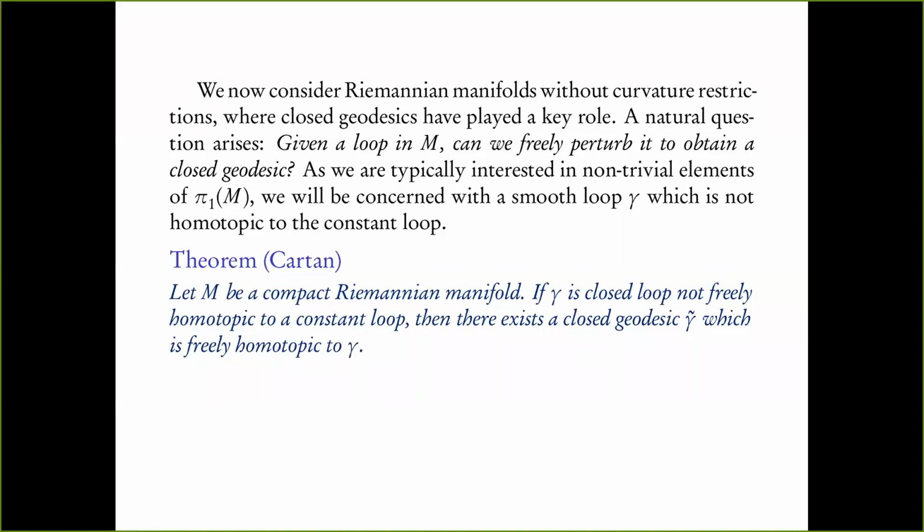Okay. So if you take a loop and you start rotating that loop, that's a homotopy of the loop to itself, but it's not a based homotopy because the base point changes if you start rotating the loop. Right? So that's what I mean by freely homotopic. So there are several reasons to ask why you need freely homotopic. Well, one would be that given a point, if given the base point, there may not be any closed geodesic passing through that base point because the manifold is just a generic manifold. Okay? So freely homotopic is really the right notion that you're looking for two loops being homotopic, but they're not based homotopic. That's all I mean. Okay.